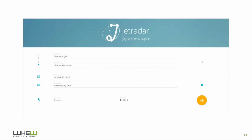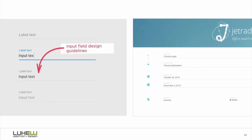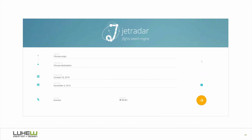But pulling a few off-the-shelf design components from a library is not the same thing as creating a good user experience. For example, JetRadar, a flight search engine, makes use of material design guidelines in their product. They've used material design input fields in the design of their form, and material design floating action buttons for their primary call to action. But you don't have to be a UX expert to see that the end result is